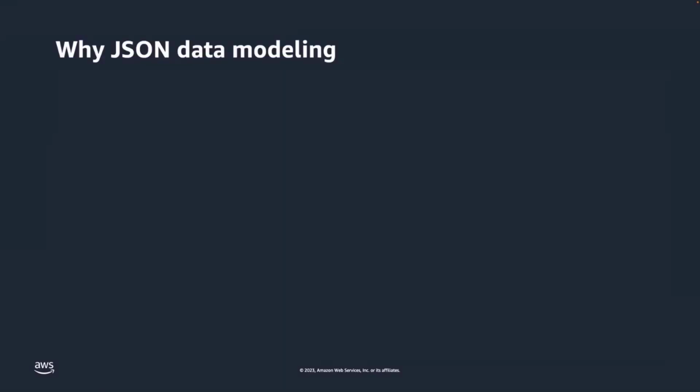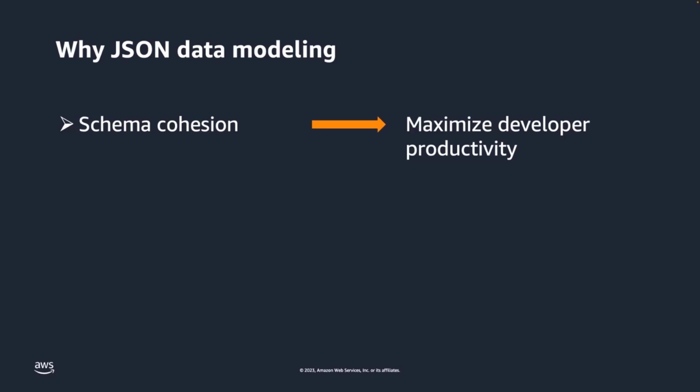So why is schema design important for document databases? Well, the first reason is what I like to call schema cohesion. It's good to keep order, avoid confusion, and follow a set of rules for the database schema. And again, I'm drawing a parallel to software development. It's like having a good code base that follows best practices and is easy to understand. Similarly, a good schema will maximize your developer productivity and will make it easier to create new features for the application or improve agility of application development.